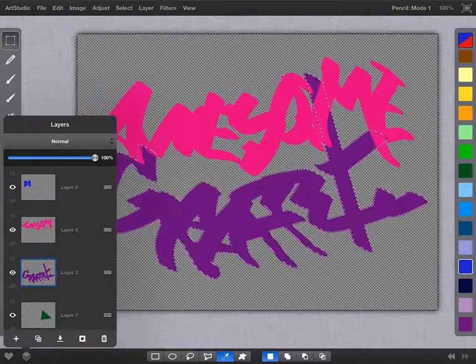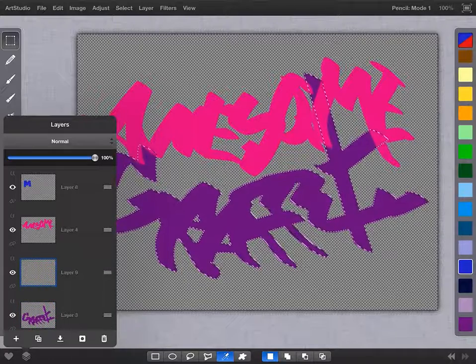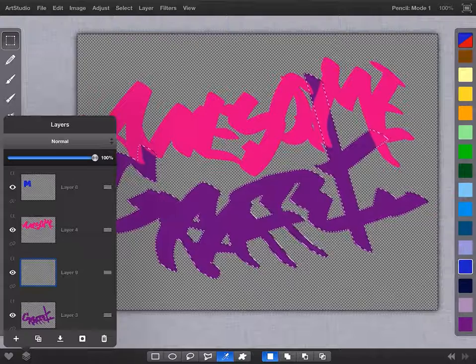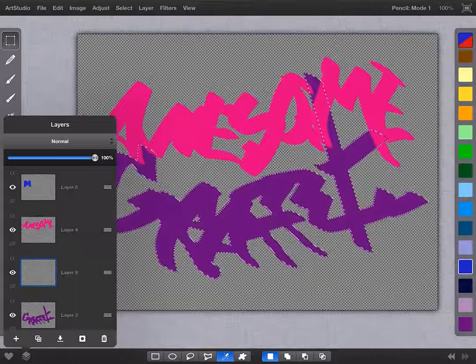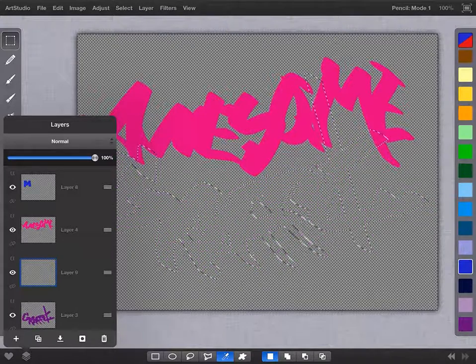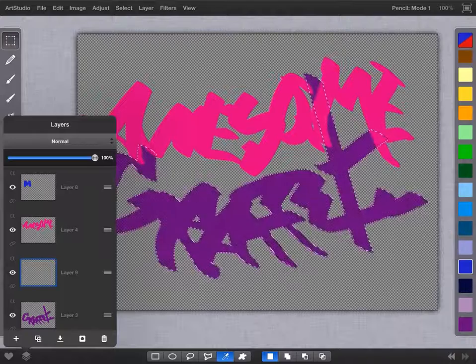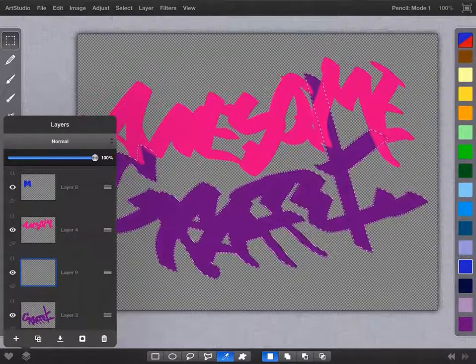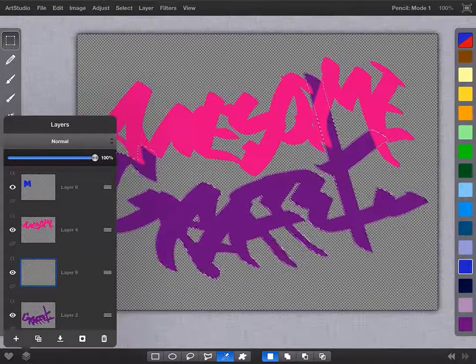So what I'm going to do here is add a new layer because I want to keep my purple layer. I don't want to change it. So there's no reason to delete it. There's no reason to change it. I could leave it there and turn it off so it's not distracting me, or I can leave it on if I want, right? It's whatever I want to do with it, but there's no point in deleting it at this point. I don't need to, because what I want to do is a color change. I'm going to select green,